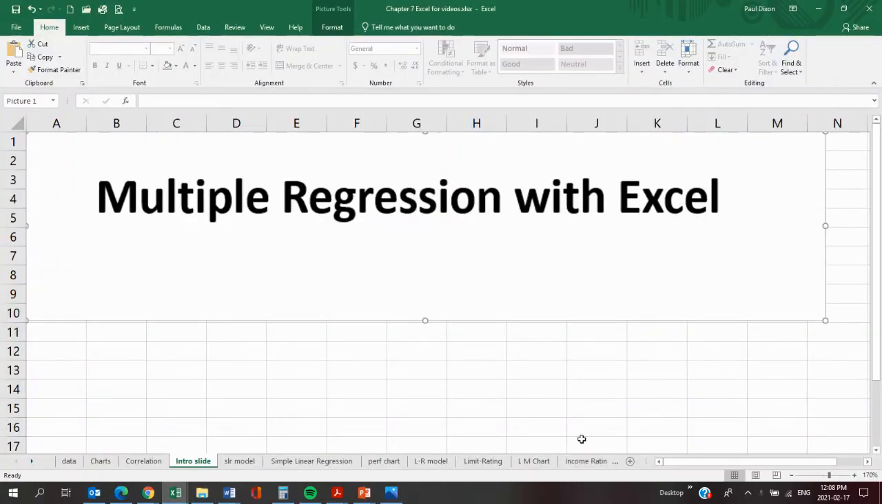Okay, so in the previous video, we went through how you could do simple linear regression in Excel. Now we're going to take one step further and look at multiple regression. We're going to be using the same data set we've been using before, and this is a simulated data set of credit card data that is 400 records of